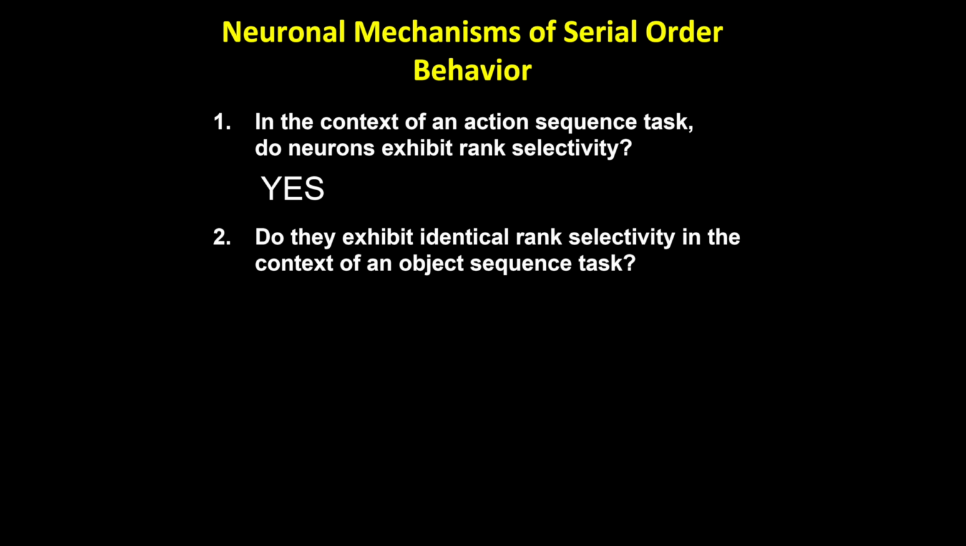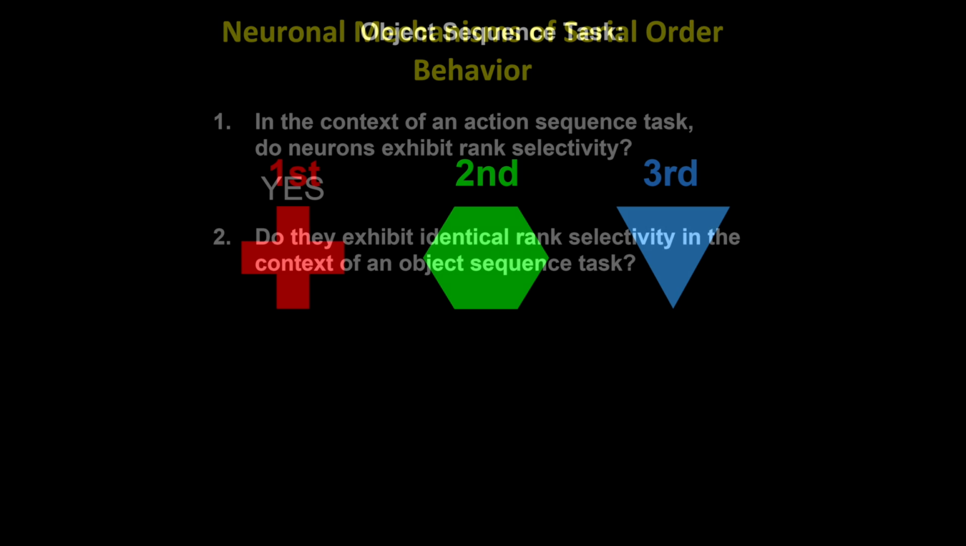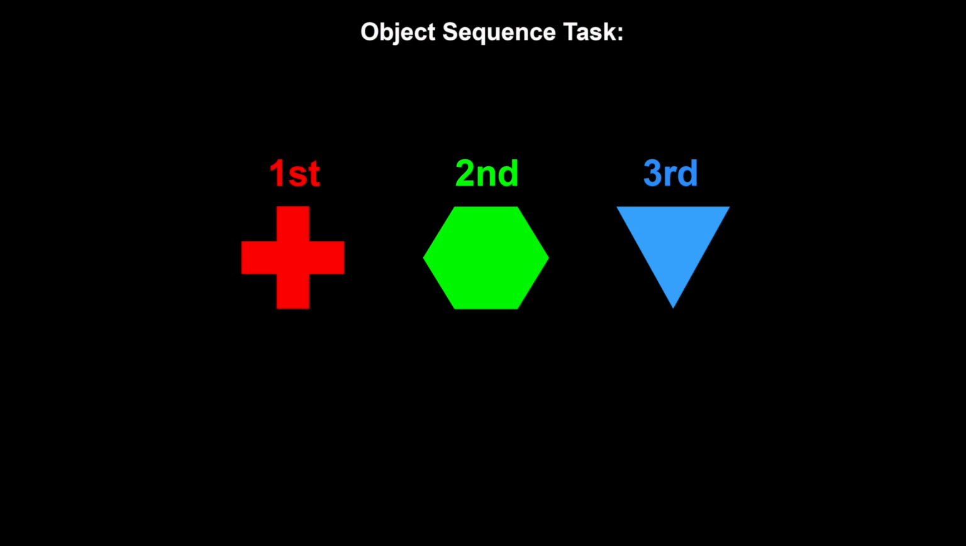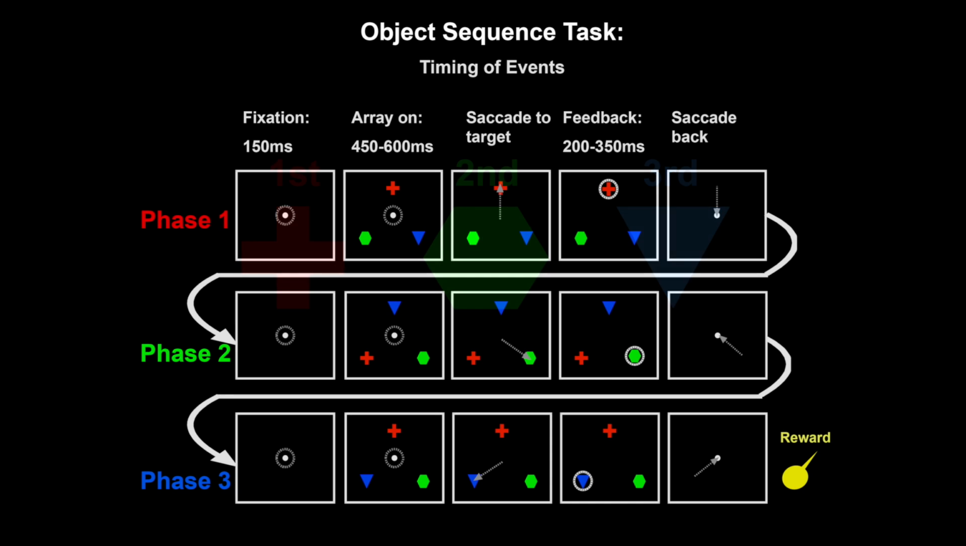To answer this question, we designed another sequence task, in which, rather than performing ocular movements in the given order, the monkeys were required to select objects in the given order: the red shape first, green shape second, and the blue shape third. The timing of events in this particular task was matched to the timing of the events in the action sequence task. However, the rule governing the target selection was different. The monkey had to select the correct object, first, second, and third,